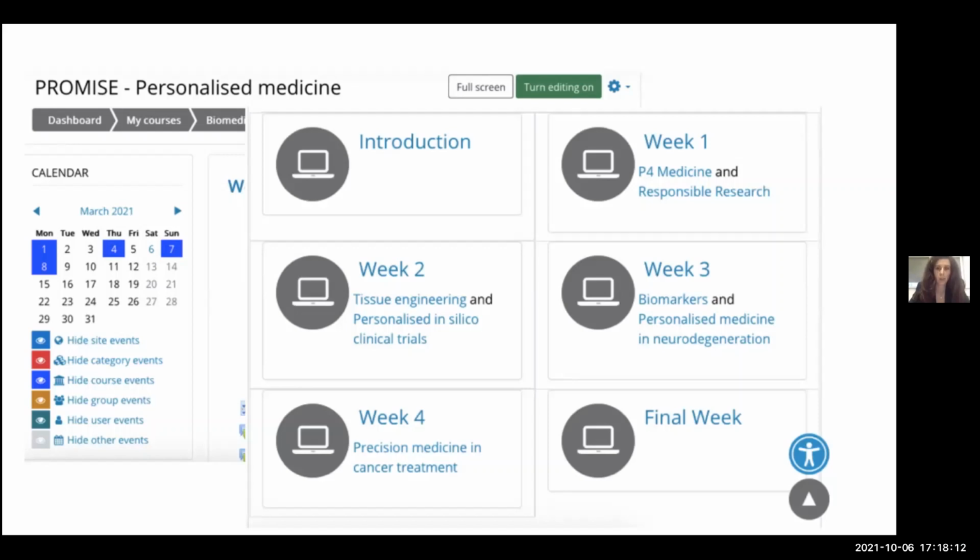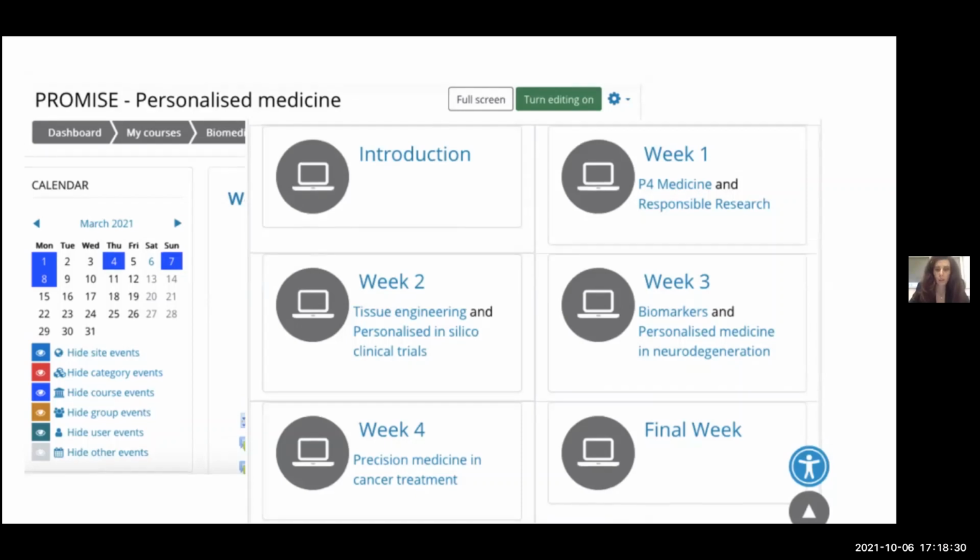Okay. So 4 weeks with different topics, usually 1 or 2 topics per week. And then you have the final week where you have certain kind of assignments. So you can see for personalized medicine, this is an example of the first module where you will learn introduction to P4 medicine. You will get the explanation of what P4 medicine is, and of course the responsible research and the ethical part of the whole story, and then about tissue engineering, about in silico clinical trials, about biomarkers,